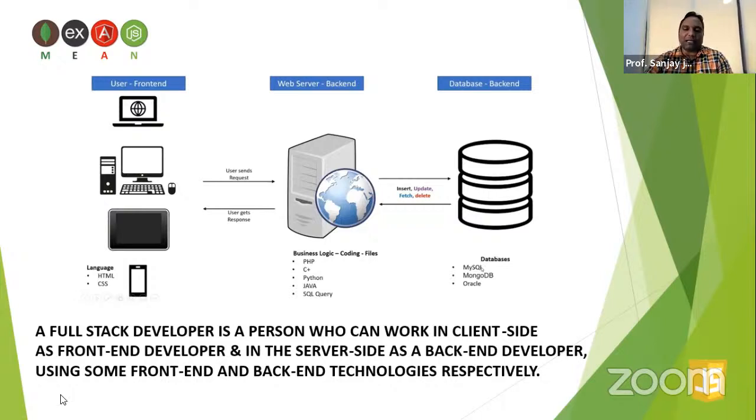Now if you have a good understanding of the front end and back end, obviously in the back end we can see here we need to know some programming language, and to work with your database we need to know SQL and NoSQL query languages, and the DBMS software which you are going to use is MySQL, MongoDB, Oracle, and there are a lot of other vendors also. But since I cannot show everything on one single diagram, just as an example, I have shown you some programming languages which we use on the server. These are called server-side programming languages, and we have DBMS software. So we need to know all these technologies.